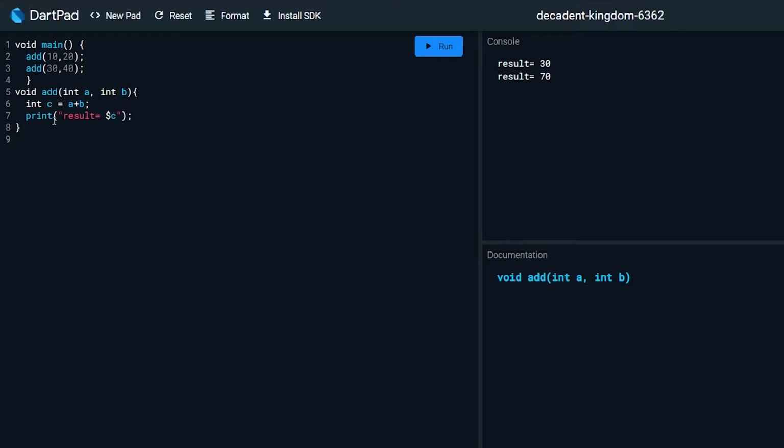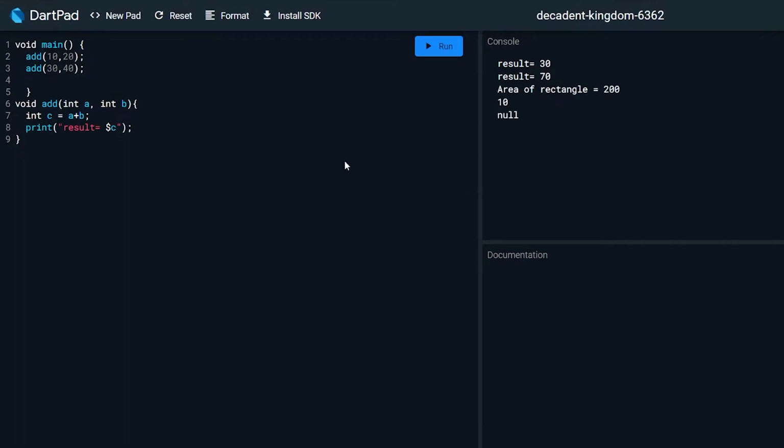We can define our own functions like this simply by giving a return type to the function, then giving the function name, and then passing in the parameters that we use inside the function. So we have learned how to write a simple function. We have the return type, then the function name, and then we pass in the parameters. Then we start the curly brace and write the body of the function.